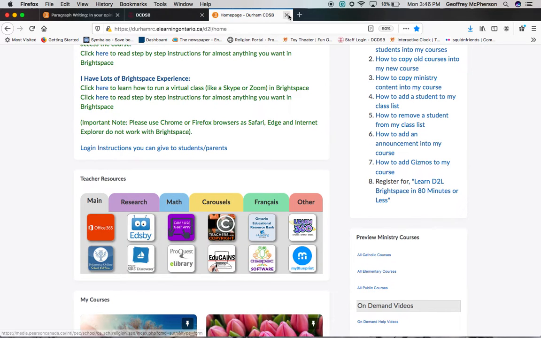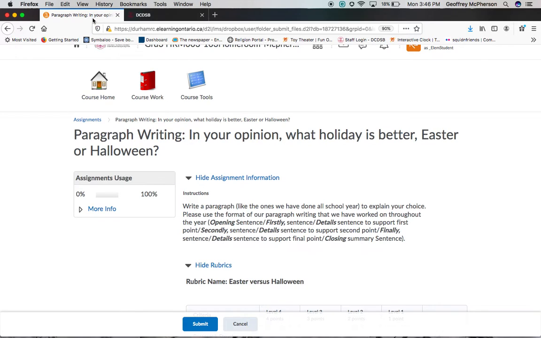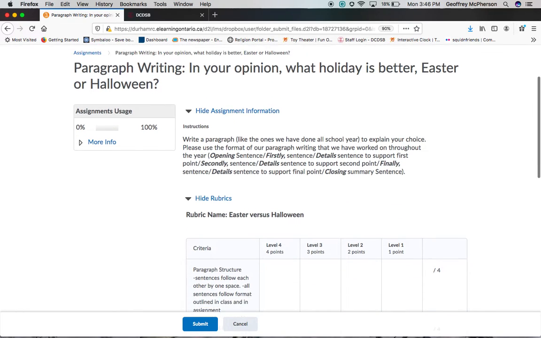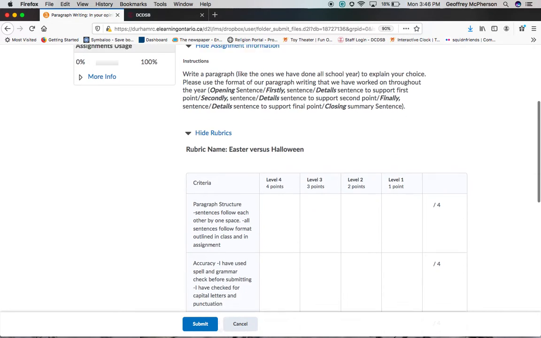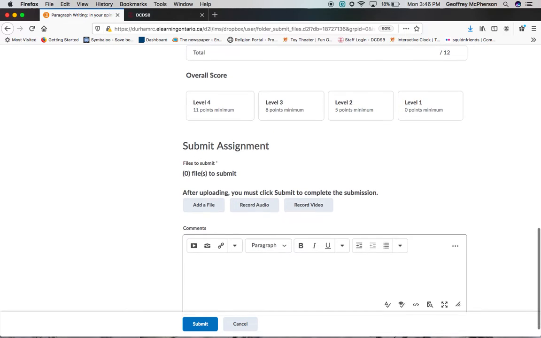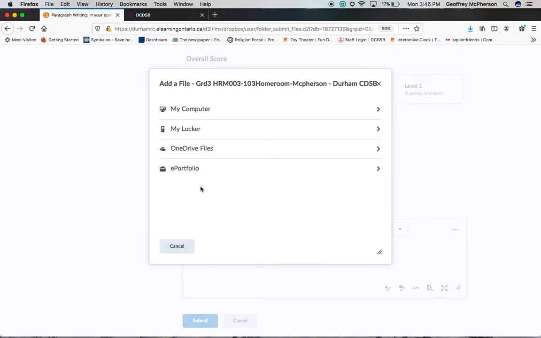close these off so that the document's not in use anymore. And I'm going to go back to my paragraph page here that I kept up there in the top left. So here's the assignment page. So now that I'm ready to hand in my assignment, I'm going to go to the assignment page. I'm going to go down to the bottom. And at the bottom it says submit file. So far there's none in, but I'm ready to submit my file. So I'm going to click add a file, and I'm going to go into OneDrive. That's where this file is right now. So I'm going to click on OneDrive,